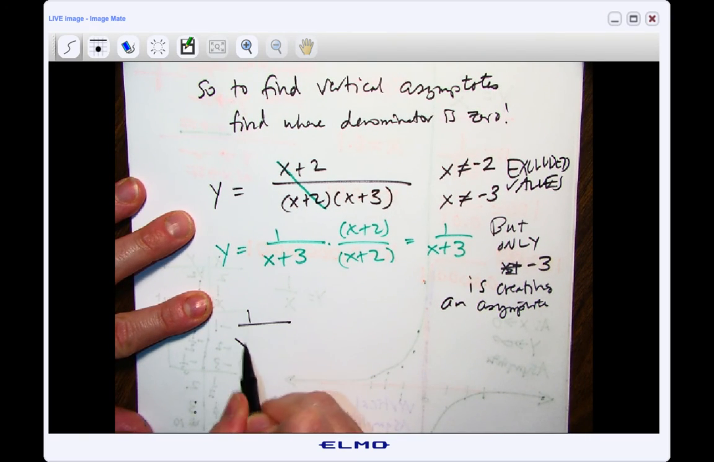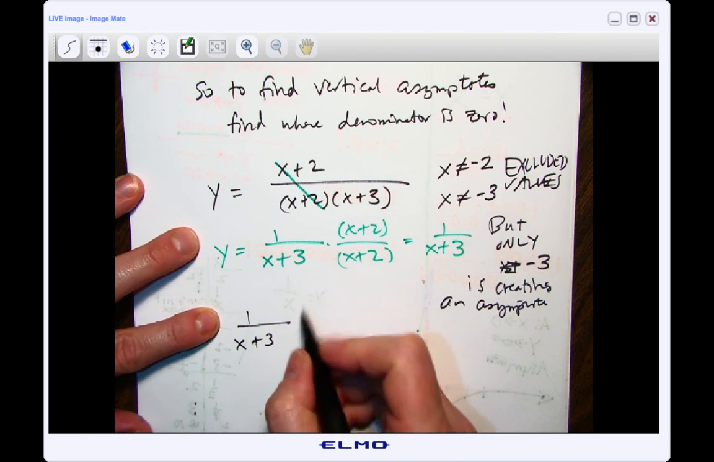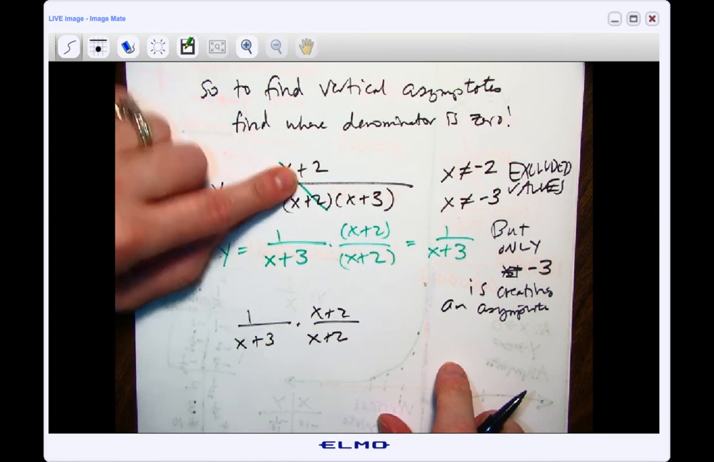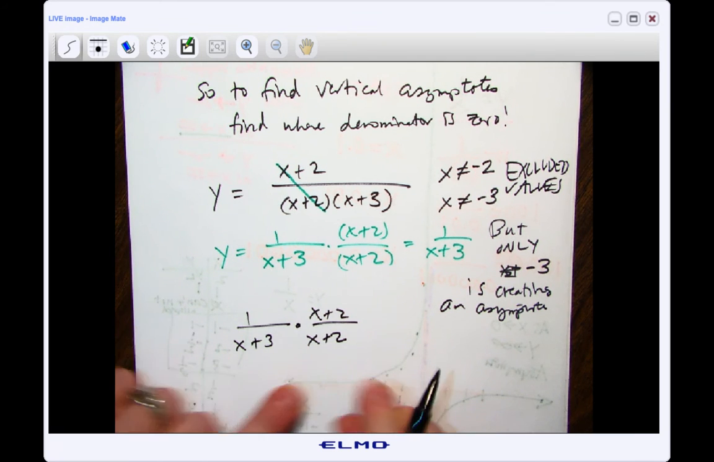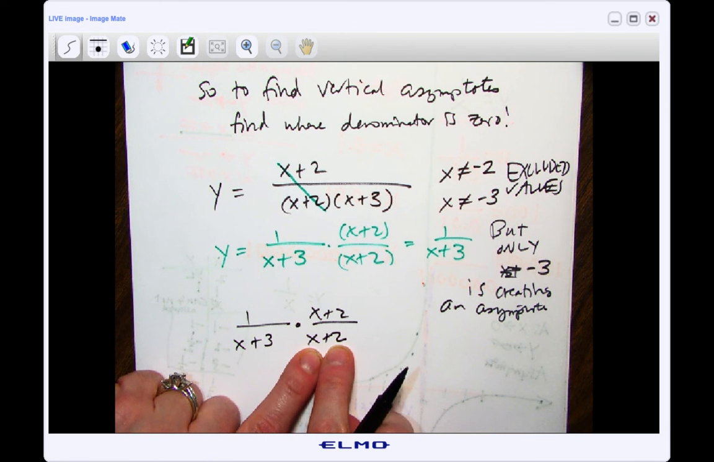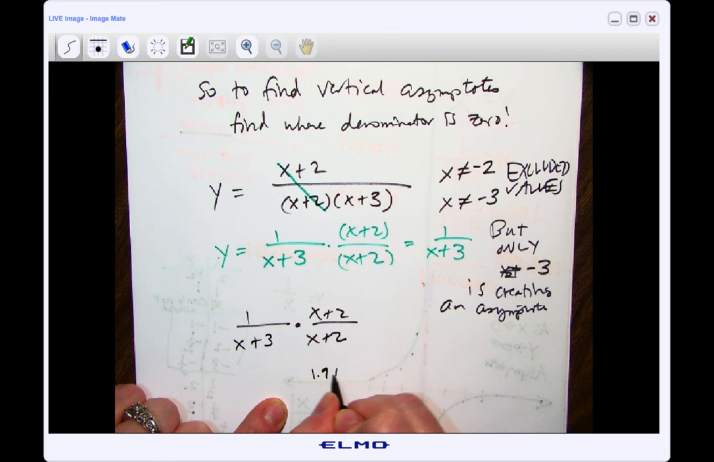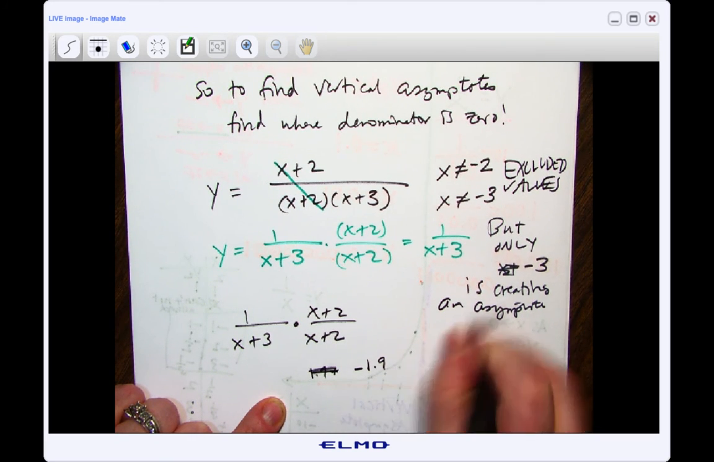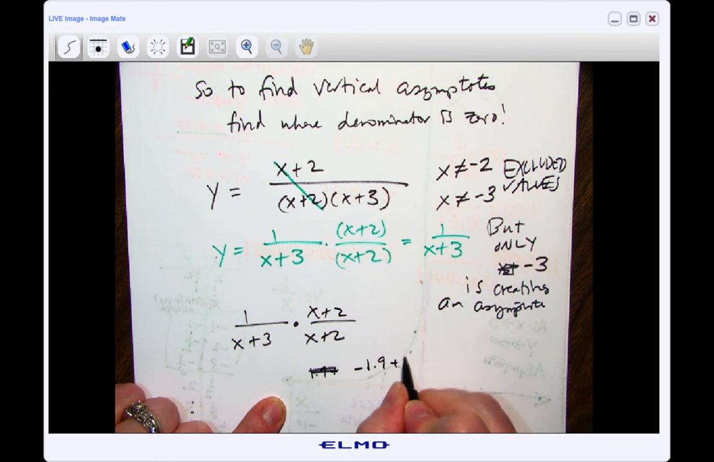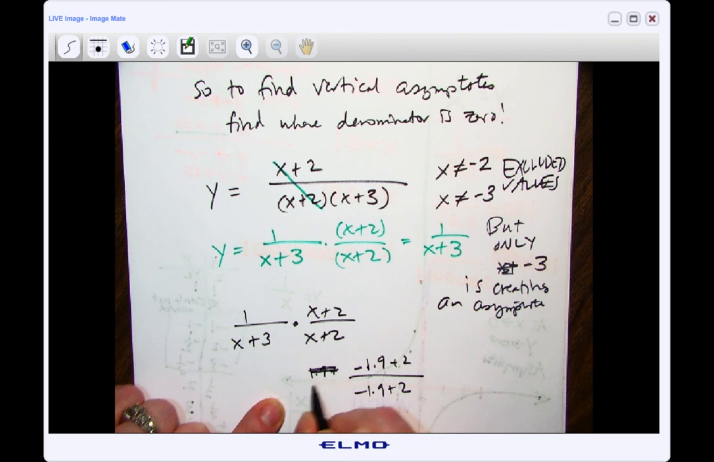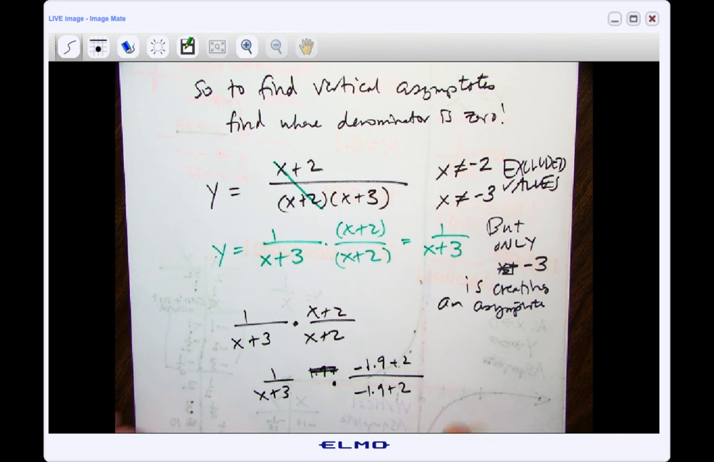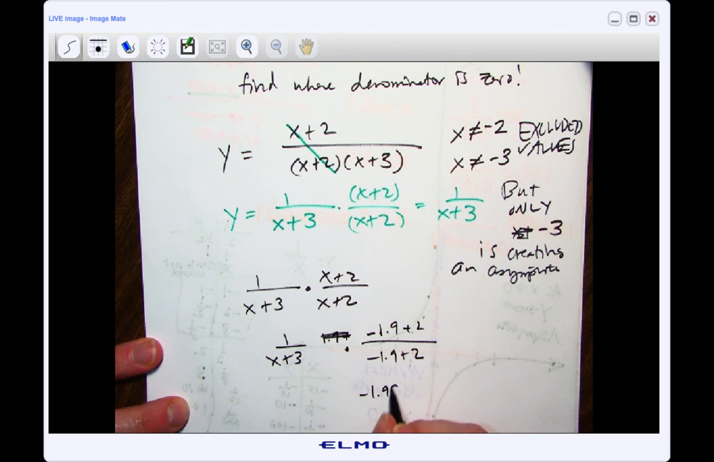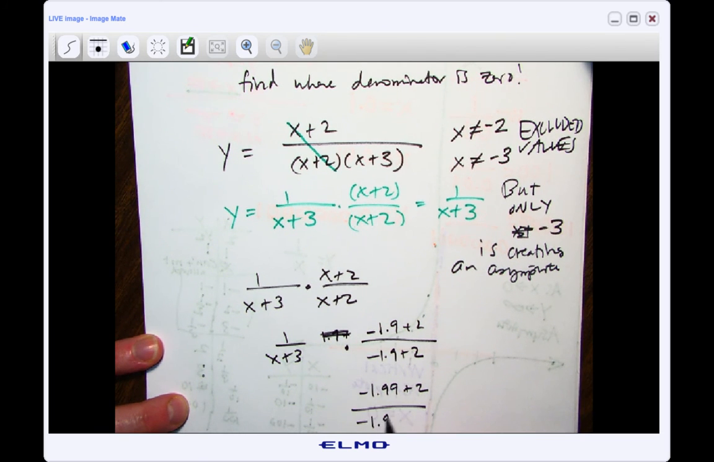If we have 1 over x plus 3, does everyone see what we're doing? I'm just thinking about it this way, right? And let's say I put numbers close to -2 in here. Let's say I put in -1.9. Plus 2 over -1.9 plus 2. What's going to happen to that fraction? It's still going to reduce to a 1. If I put -1.99 plus 2 over -1.99 plus 2,